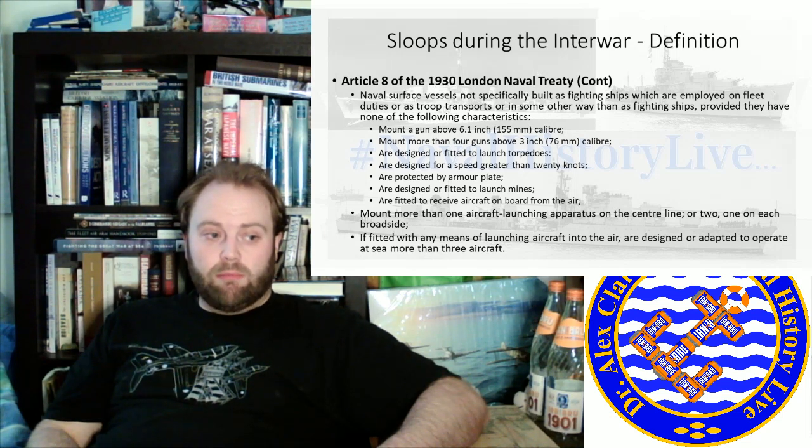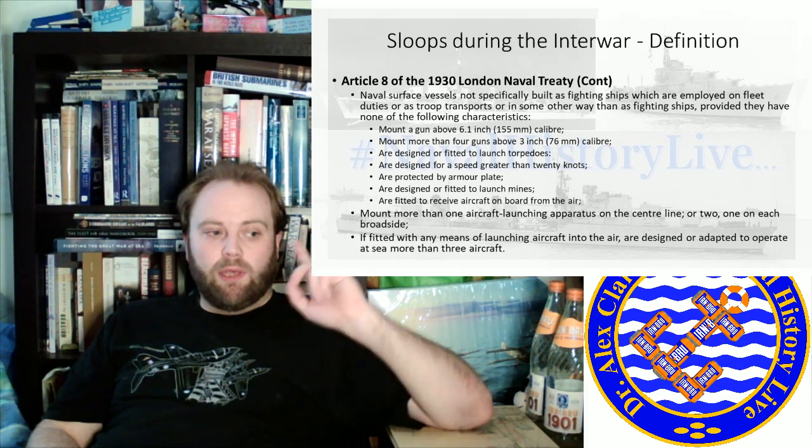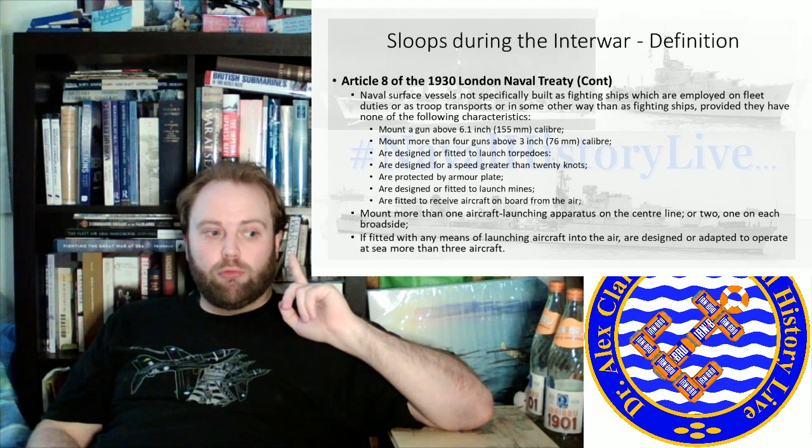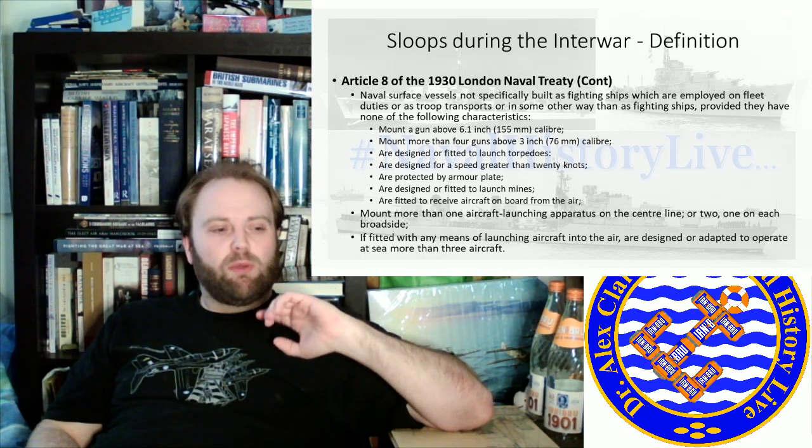Mount a gun above 6.1 inch. Mount more than 4 guns above 3 inch. Designed or fitted to launch torpedoes, or designed for a speed greater than 20 knots, or protected by armor plate. So it's gone further. Are designed or fitted to launch mines, hence their use as minesweepers, which, by the way, is also pretty much the same gear at this time, which can also be used for launching mines, but we'll leave